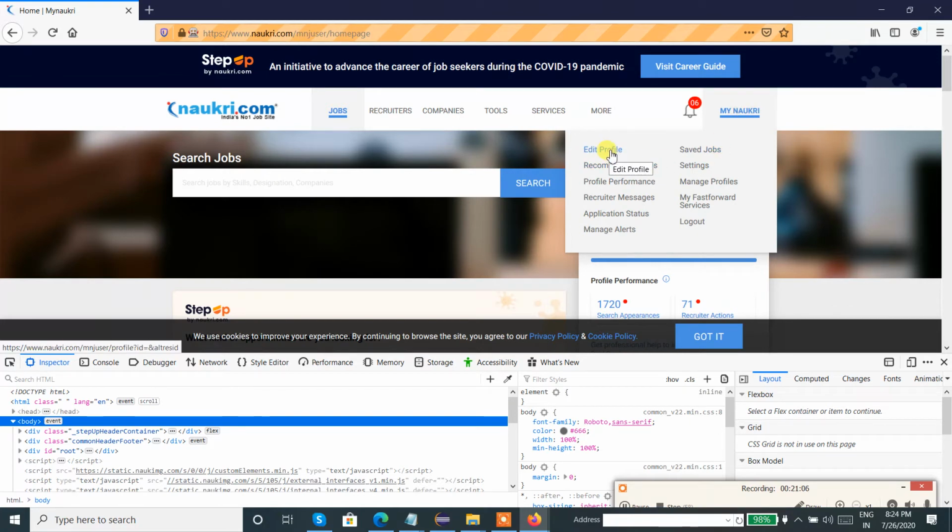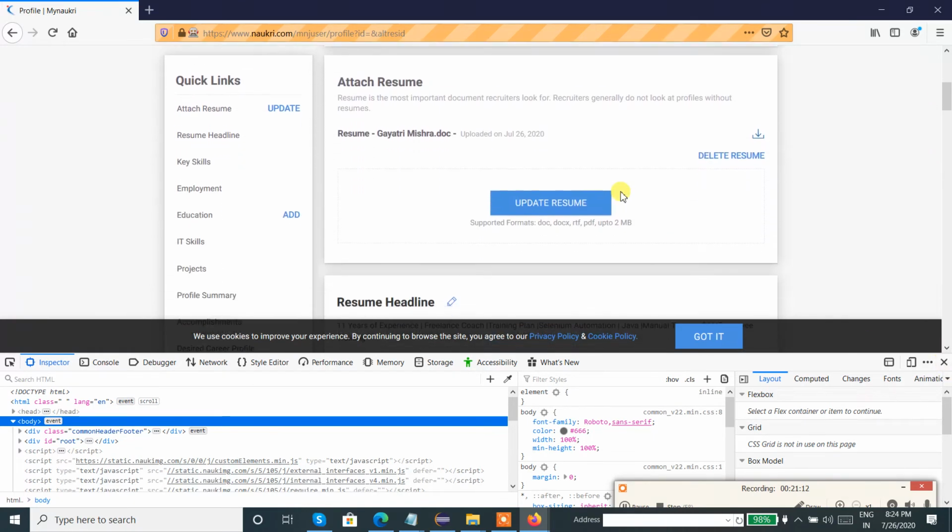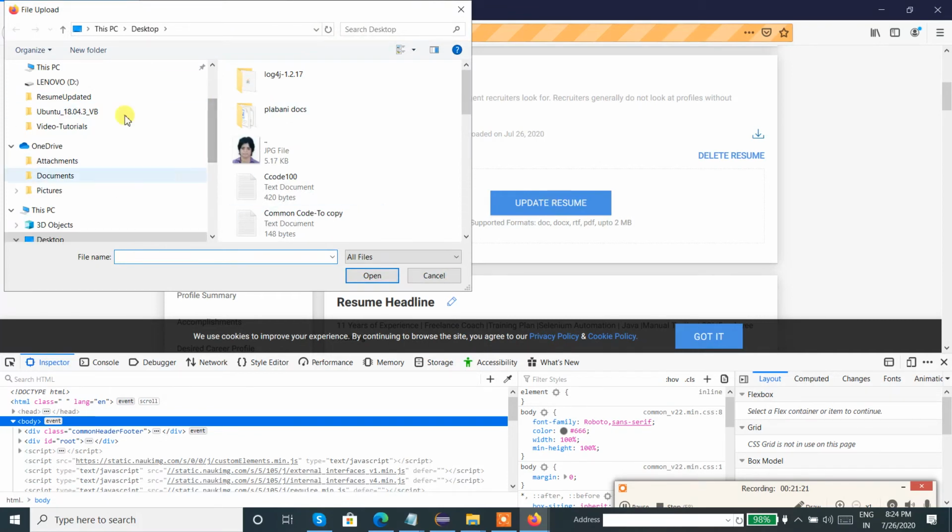Then after clicking on edit profile, we should click on update resume. Fine, but here one trick is there to follow. If I click on update resume, it will go to the Windows pane again. I do not have the control again. I cannot automate the Windows GUI, right?